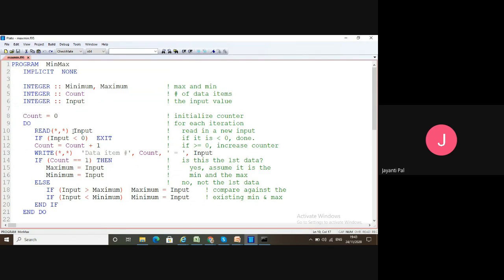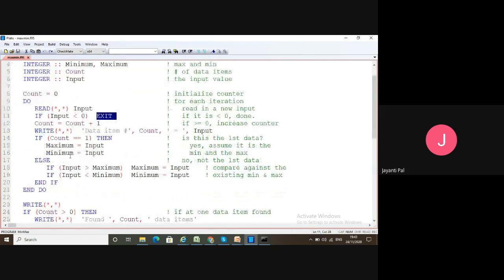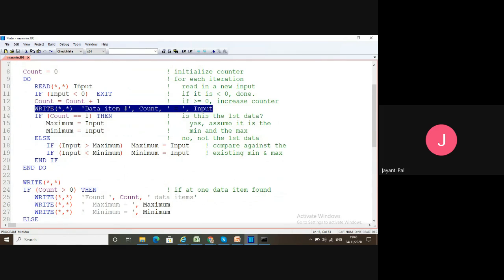So it reads the input, and obviously the loop will only work for positive values, because if the input becomes negative it will terminate the loop, and if it is positive then it will move to the next line. It will increment the count value, and it will show what the input is and what the count is.